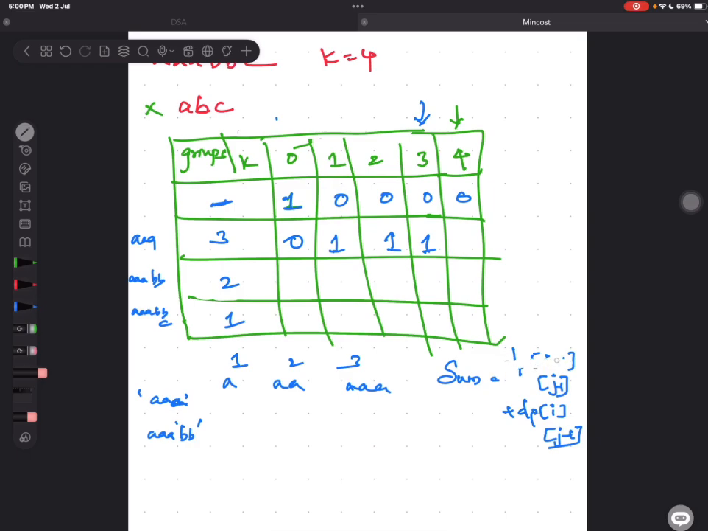So I can append it here so that sum equals dp of i minus 1 of j minus 1 plus dp of i of j minus 1. So basically it's always whatever we have previously, and with that, if you add one more a, what will happen, that's it. I hope this makes sense. So next,